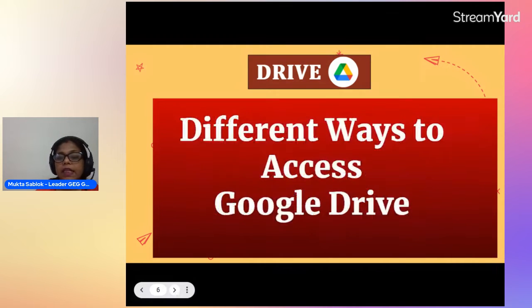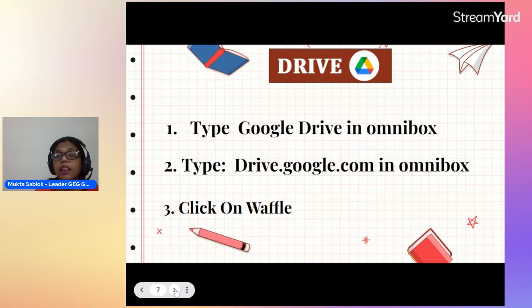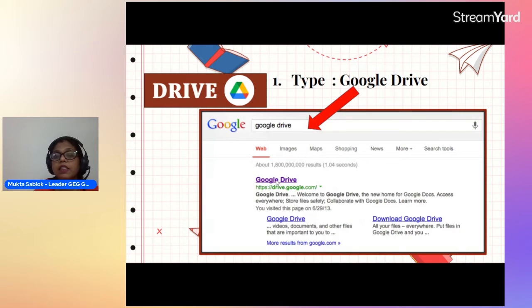Now, I will tell you the different ways to access Google Drive, that is, how we can open Google Drive. There are these three ways. Type Google Drive in the Omnibox, or type drive.google.com in the Omnibox, or click on the waffle.